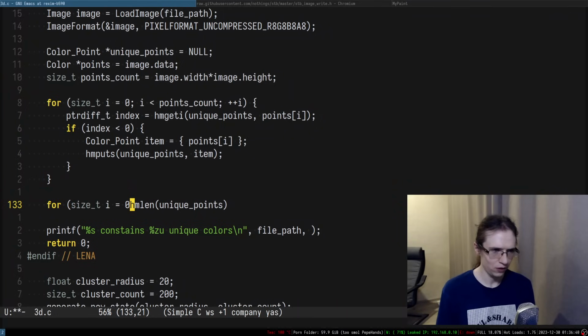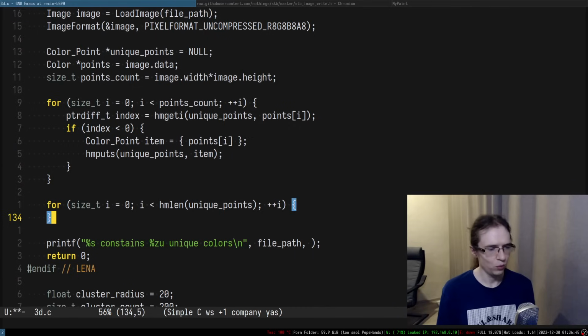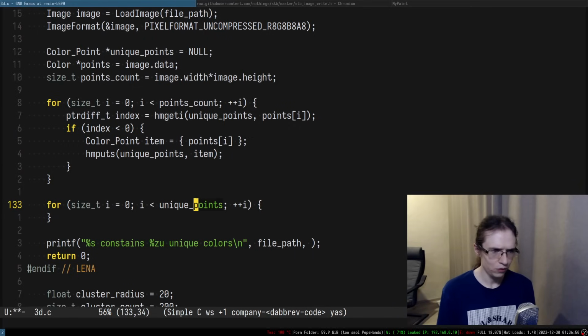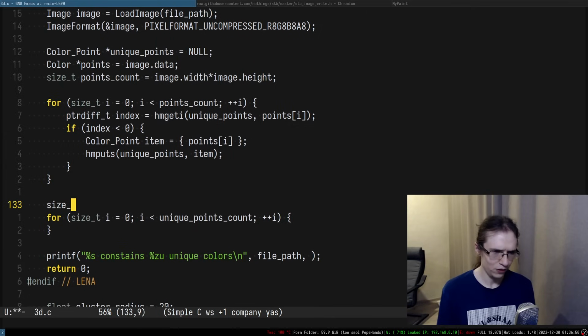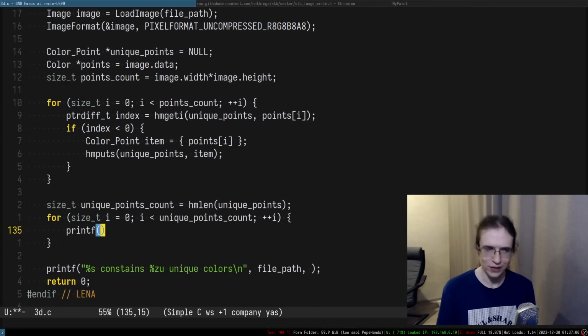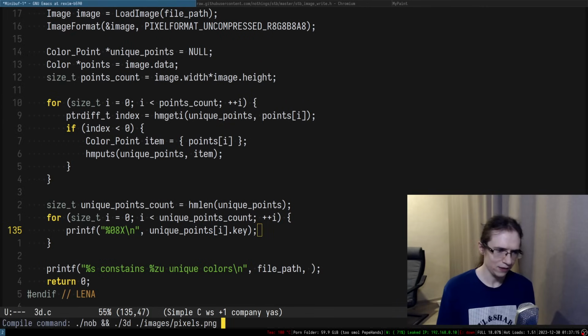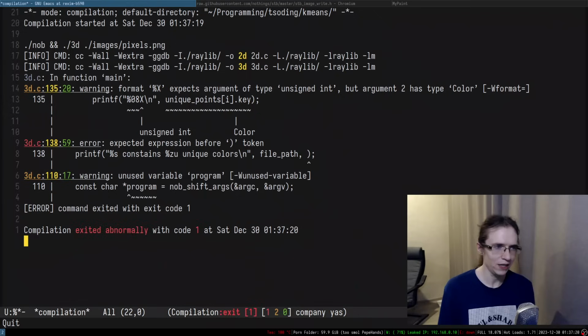So the thing you can do is just something like this. Maybe we could have unique points count, which is simply unique points count of this. And let's actually just print them, because I want to see them. We're going to print them as hex, padded with zeros, so the width is going to be 8 characters. These are the colors, unique points, I key. And let's see all of the unique points in here. So in case of the pixel,